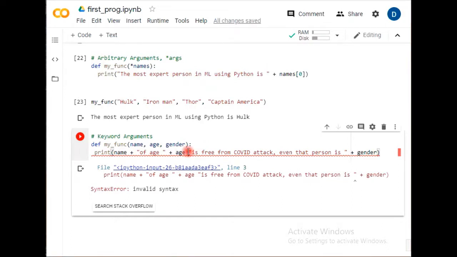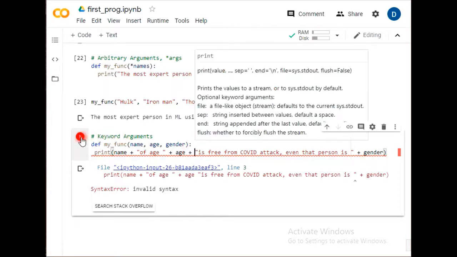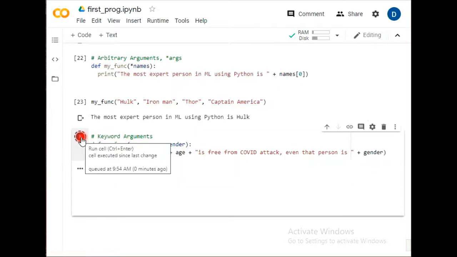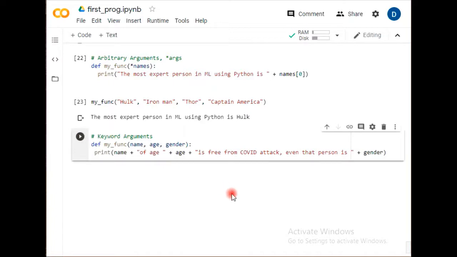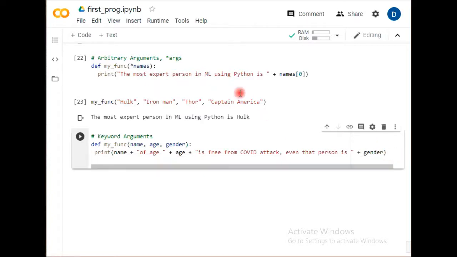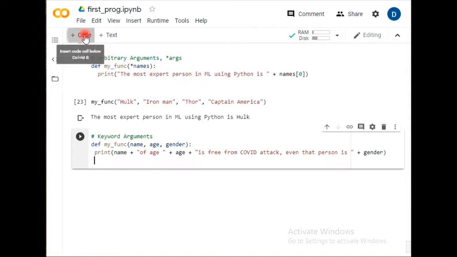It's a long statement. Now I hope that might be right. That's worked. So fine. So I have created all this. So next I'm going to call this function in the next code line.